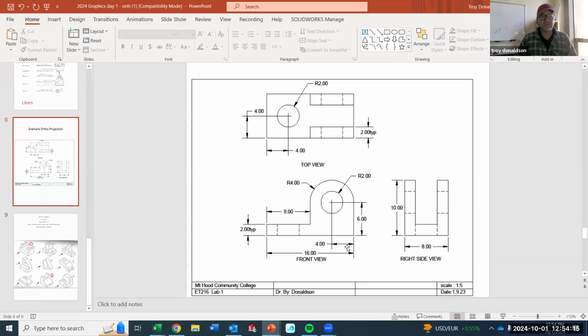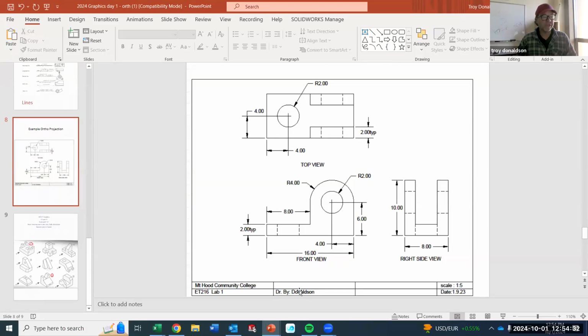But I want you to create a title block. It should have the date. It should have a scale, because you're going to have to scale this exercise. You're going to have to reduce it to get it onto the paper. Notice that you don't put scaled numbers down. You put the real numbers down. This is 16 inches, okay?